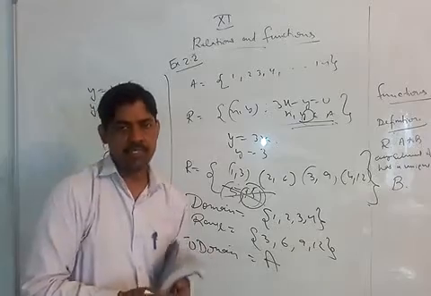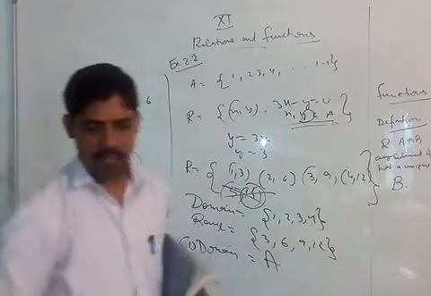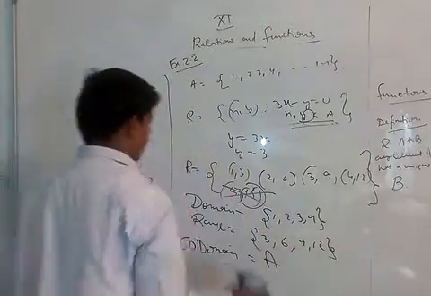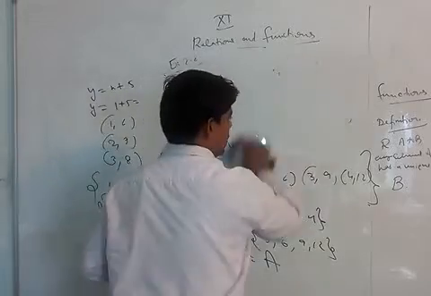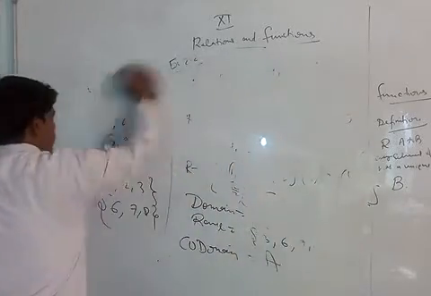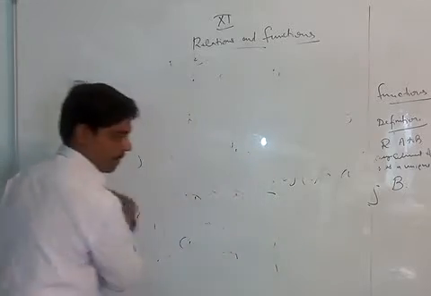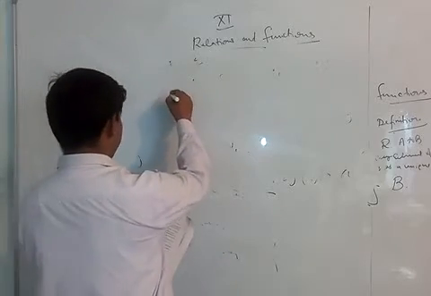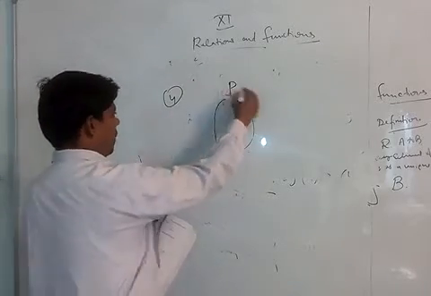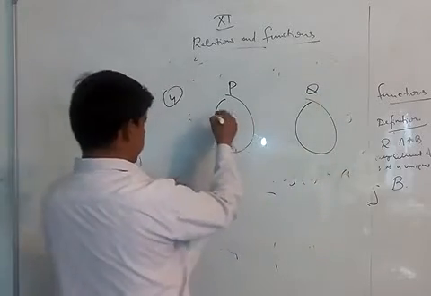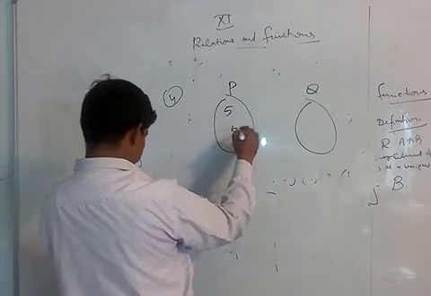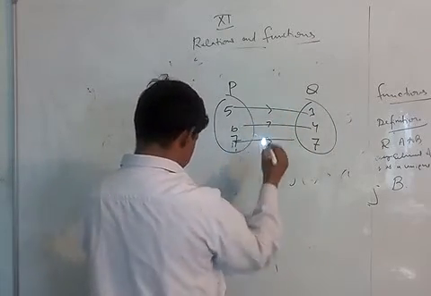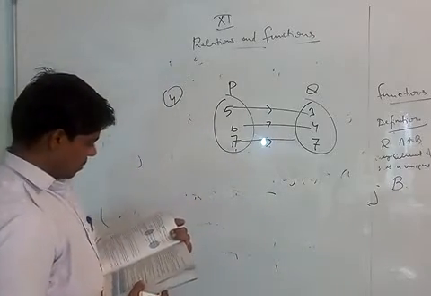Here it says this is the relation given to us and we have to write it in roster form and set builder form. Set builder form, you have to understand that you can write it in this way. We are doing question number 4. What is the question? Here a set P is given and a set Q is given. And the relation is known as an arrow diagram: 5, 6, 7, and here we write 3, 4, 5, connected like this. That makes the arrows like this. Now this is the relation from set P to Q.